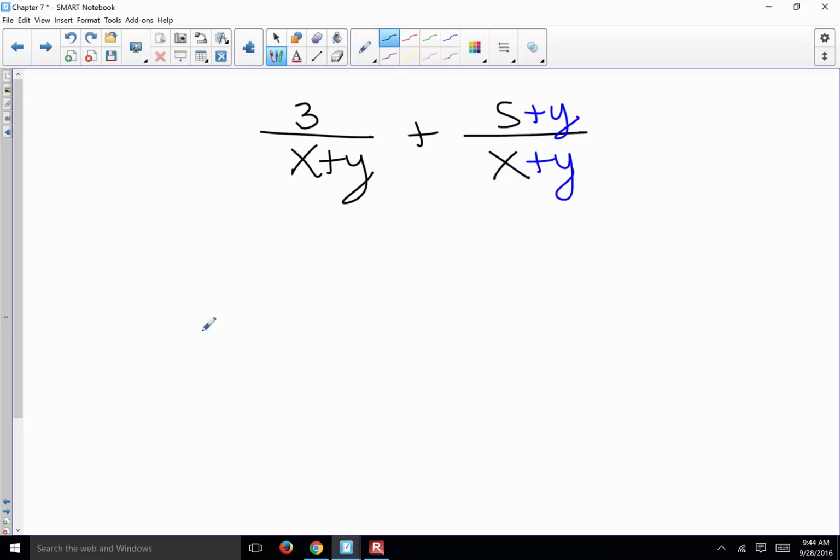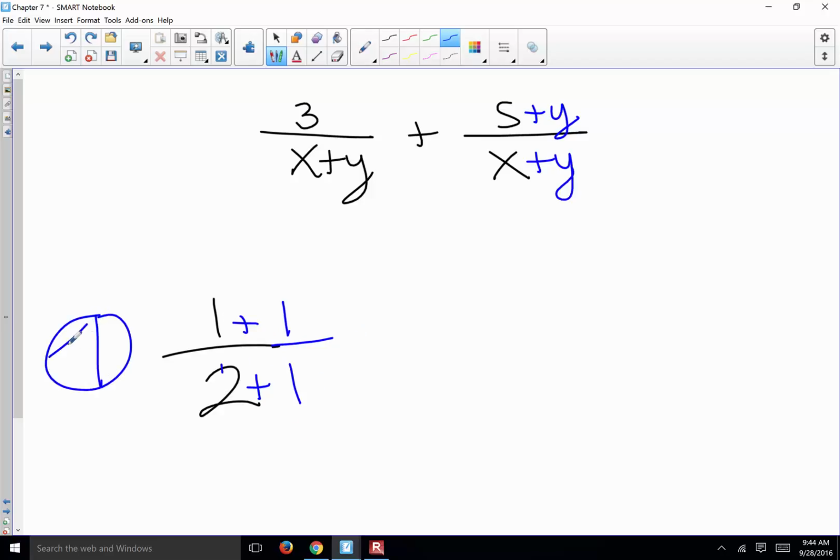Now, let me make a simpler expression. This is half pizza, right? You're telling me that you can add anything to top and bottom? Let's add 1 to both sides. You used to have a half pizza. This is your pizza slices, half pizza, right? When I add 1 to both sides,